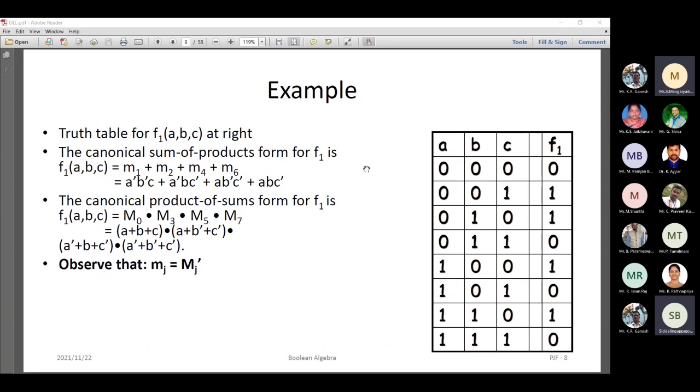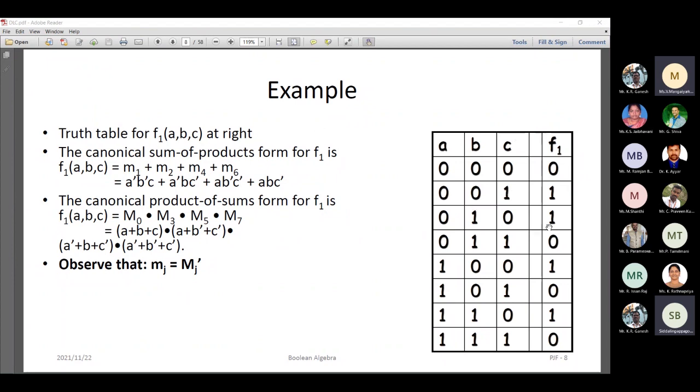And here, how they have written this one is, in this case, you see here, they are written for m0, m1, m2, m3, like this. M1 is nothing but a bar, b bar, c, right? So this is a min term. Min term means minimum number is 0. For 0, we should write it as a complement, right? For here in this case, you have a 0 0, that is a complement you have to write in min terms when you have a 0, a bar b bar, and here you have a 1, that is c is written.